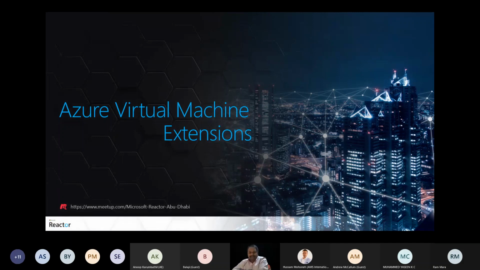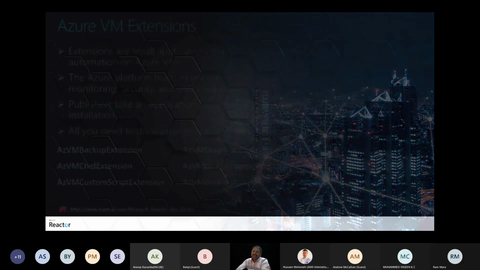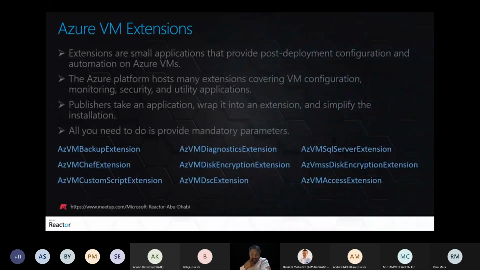So as I said, we have seen what Azure Disk Encryption is. To perform the Azure Disk Encryption, we need Azure Virtual Machine extensions. We'll see what these are. Azure Virtual Machine extensions are nothing but small jobs, one-time jobs, or maybe monitoring jobs that you want to deploy post-VM provisioning, right? It's a small application, an automation task for you. This is about the virtual machine extension, right?